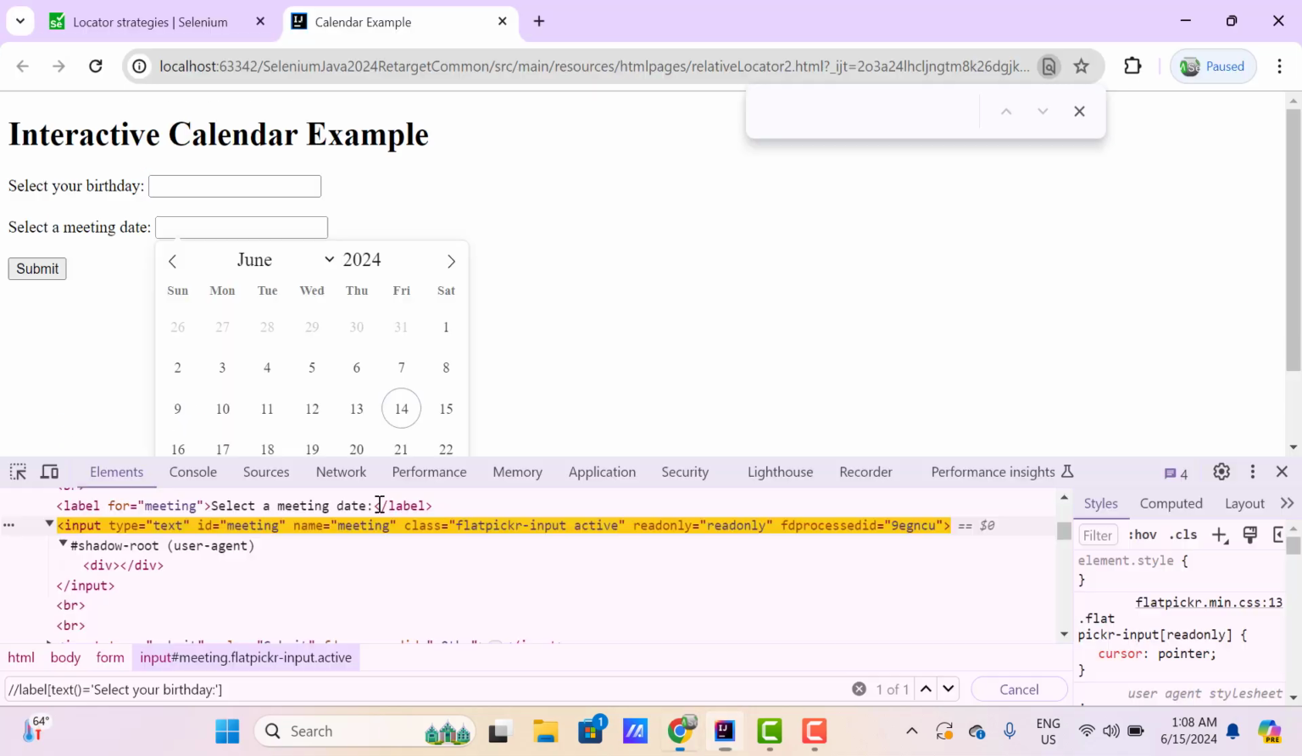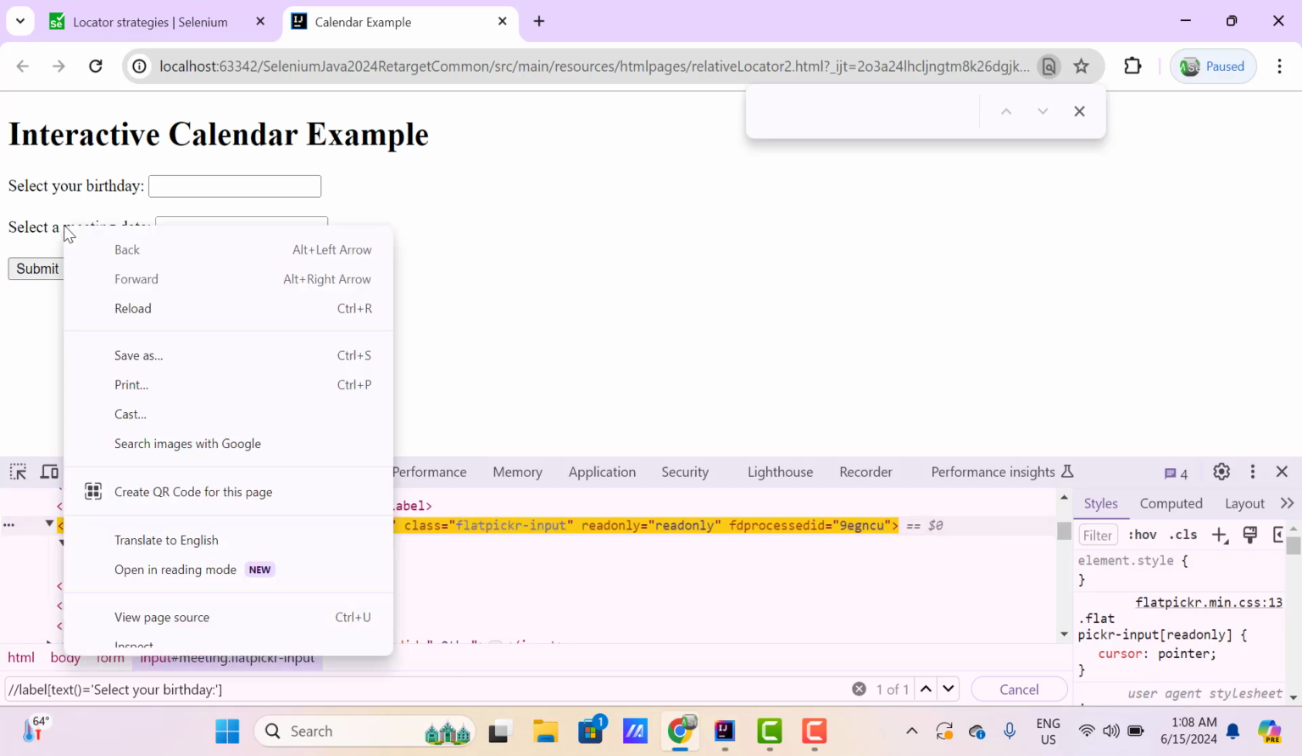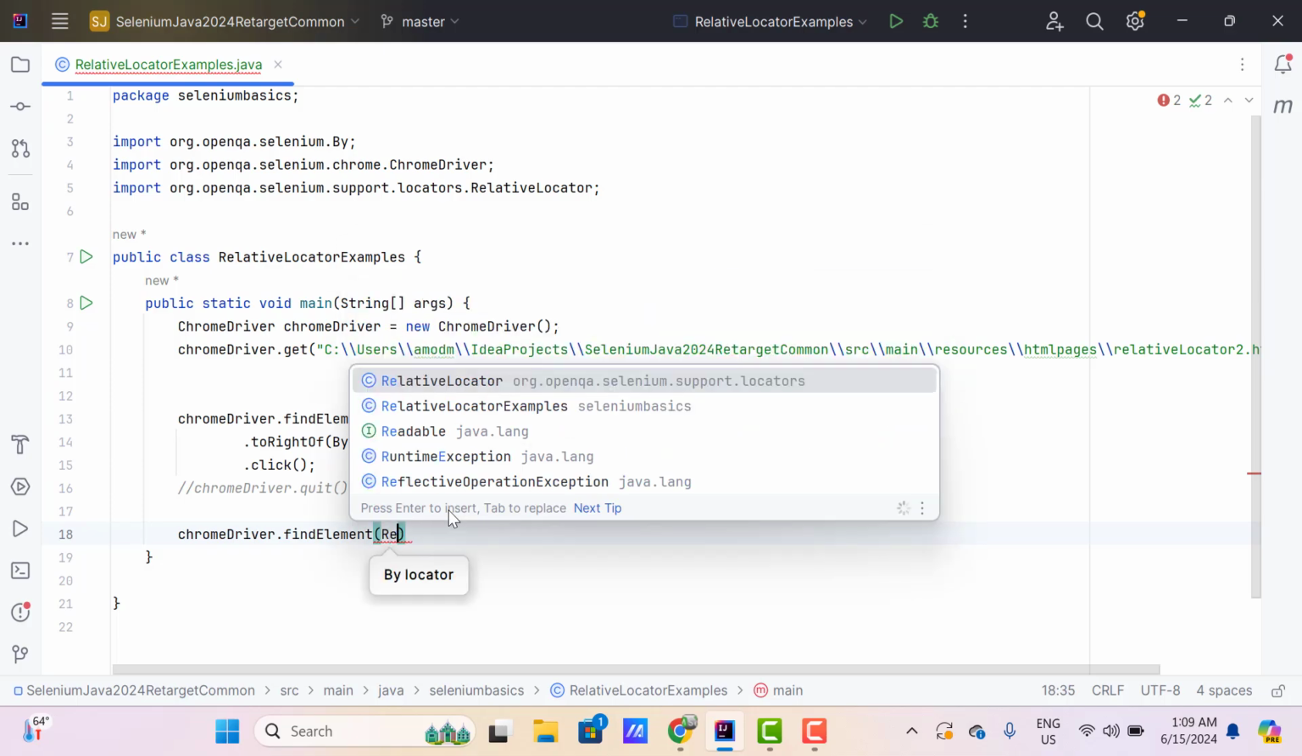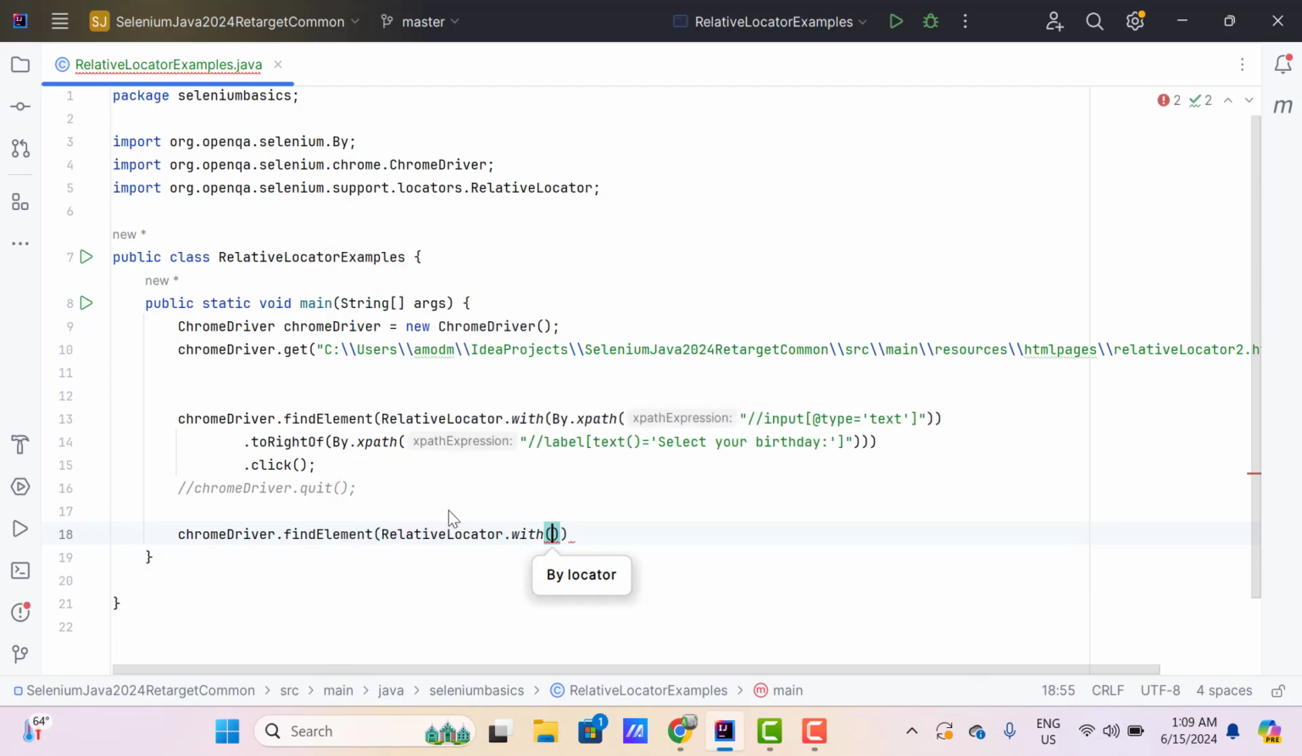Which element do I want to find? I want to find this label. So let me inspect this label, and here suppose I don't have the proper locator. But we know that this element is a tag of label. So I'm going to use relative locator dot with, and here I can use By dot tag name to put the label. So as of now I am saying give me an element of type label tag,